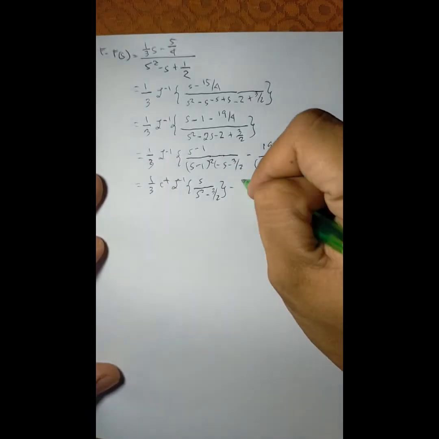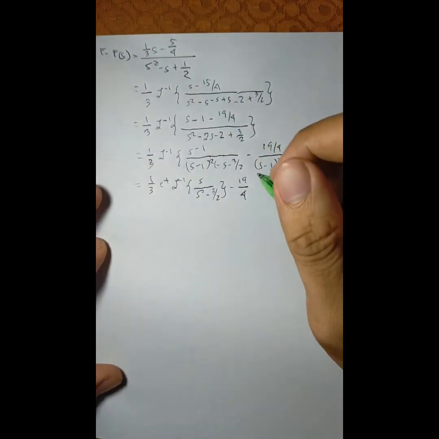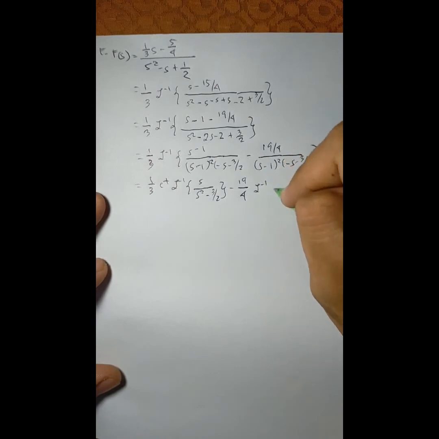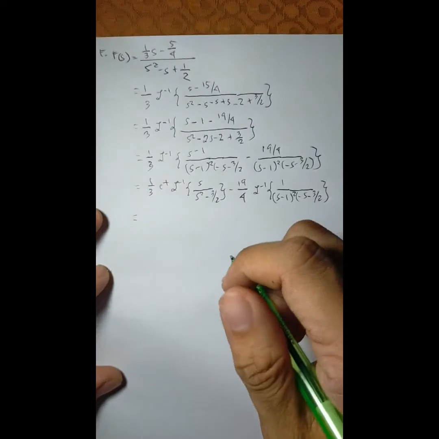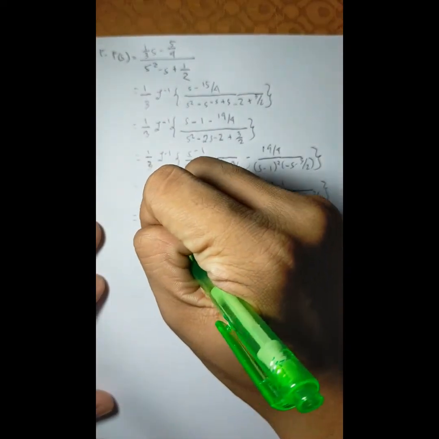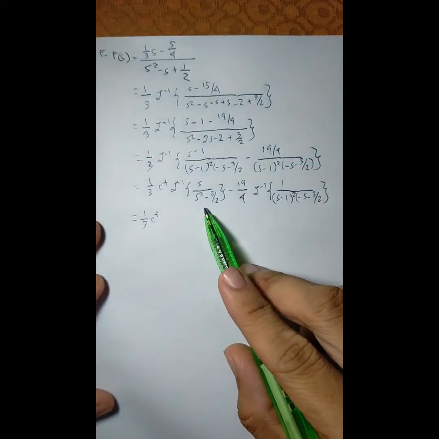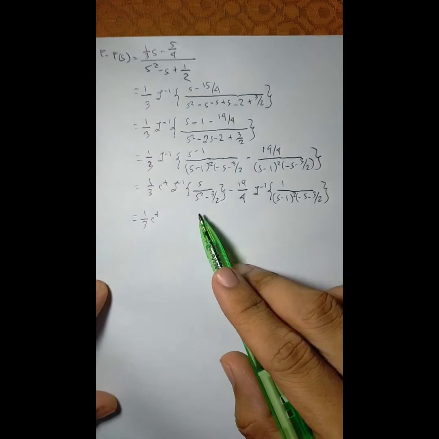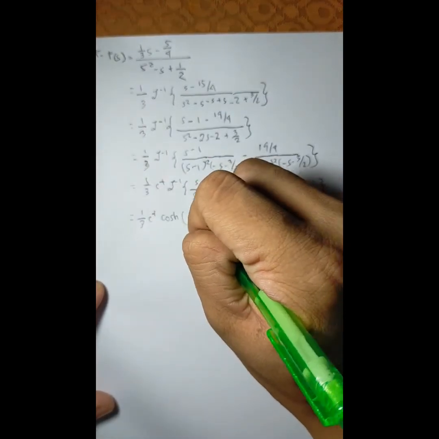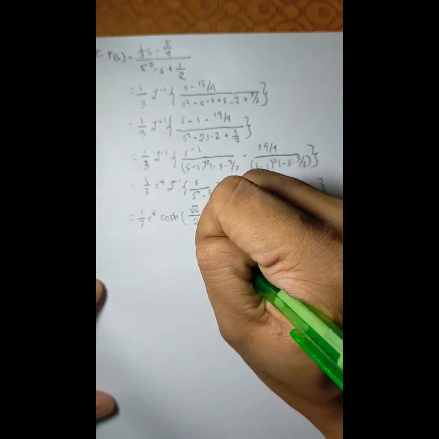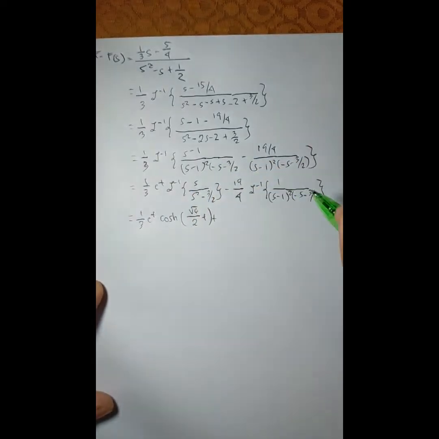So we will take out 19 over 4, inverse Laplace transformation of 1 over (s minus 1) squared minus 3 halves. This can be equal to 1/3 e raised to t, and this is equal to hyperbolic cosine of square root of 6 over 2 t, plus